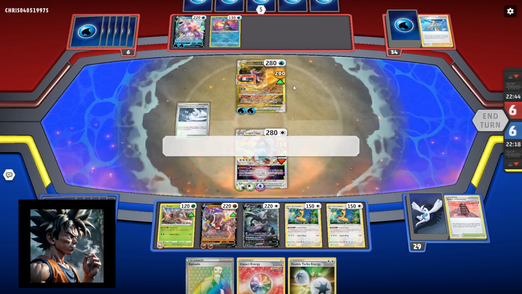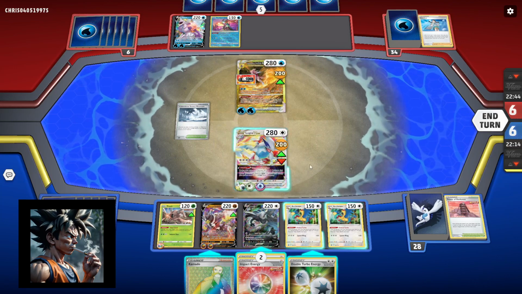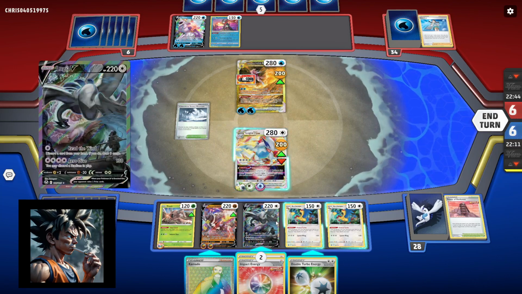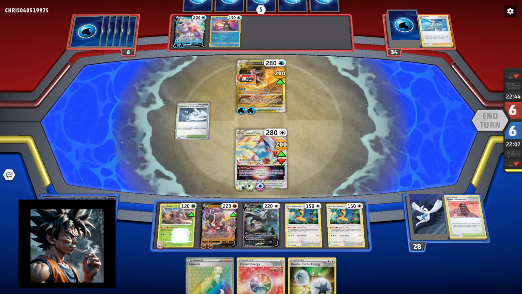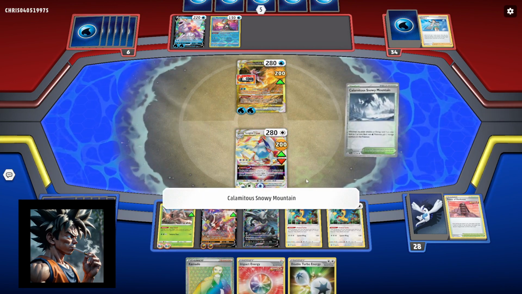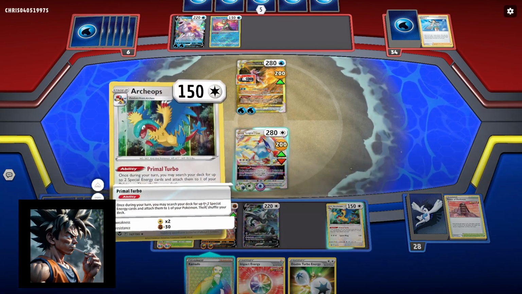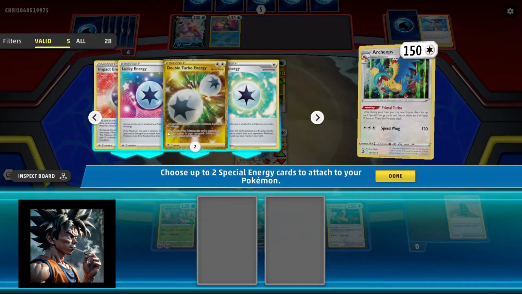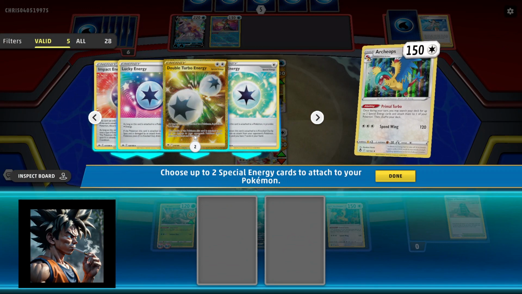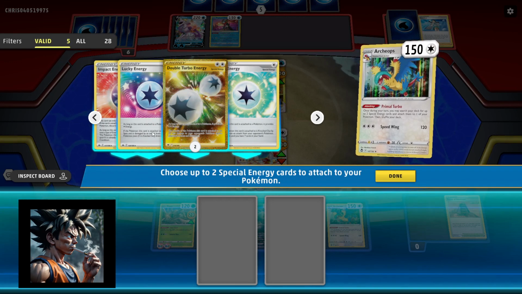So we get the Lucky Energy, we DTE. Oh, shoot. See, now I don't know if I want a Kamado or not. I want a Pinsir. Yeah. And we're going to Primal. We got 2 DTE in the bench. Ultimately, we're fine. What I do want to set up, however, is...